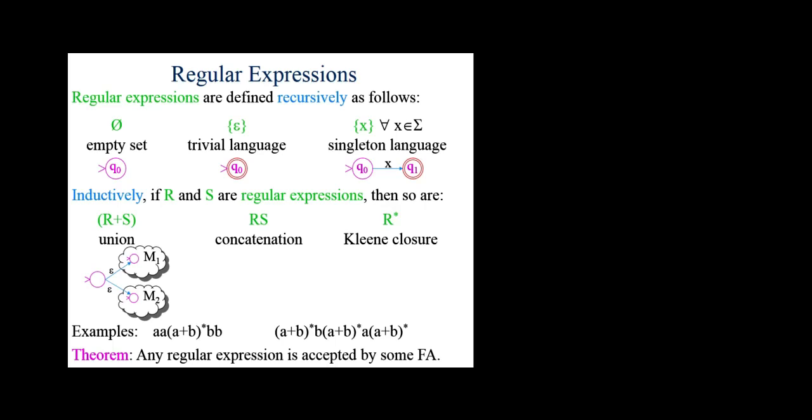And if this machine M1 accepts the string, you're good. If machine M2 accepts the string, you accept also, and you're good again. So you accept any string that is accepted by either the machine M1 or the machine M2. In other words, you accept the union of their languages respectively. How many get that? Okay.